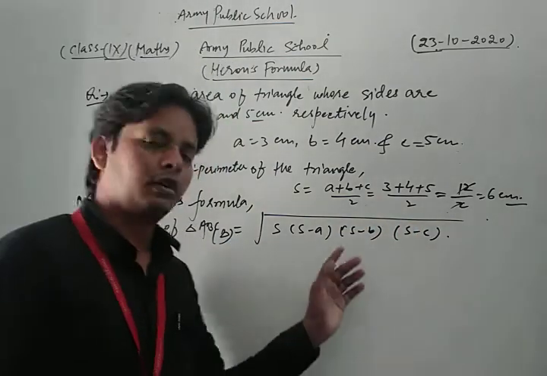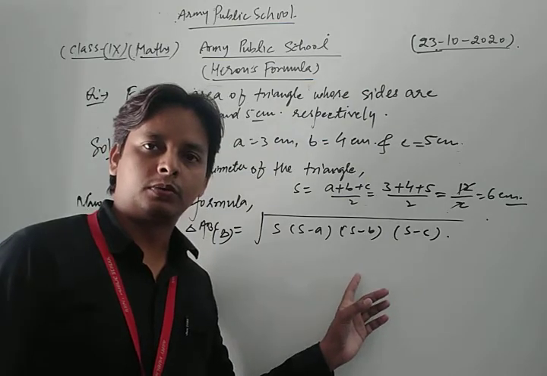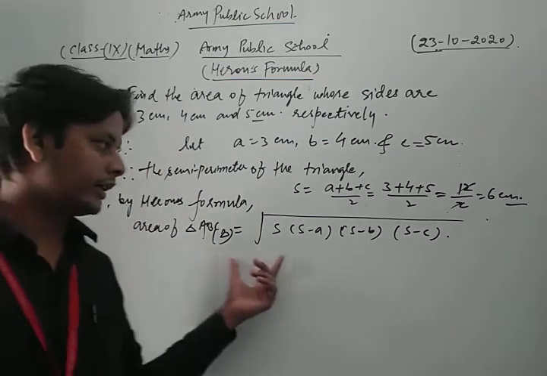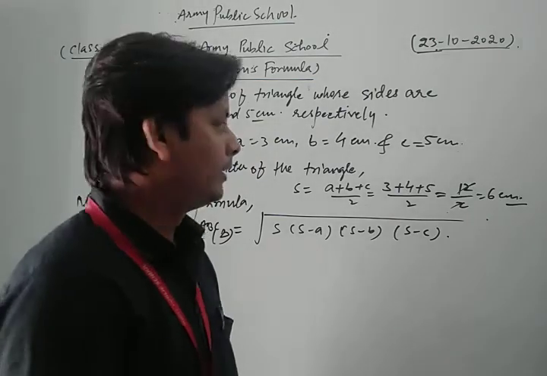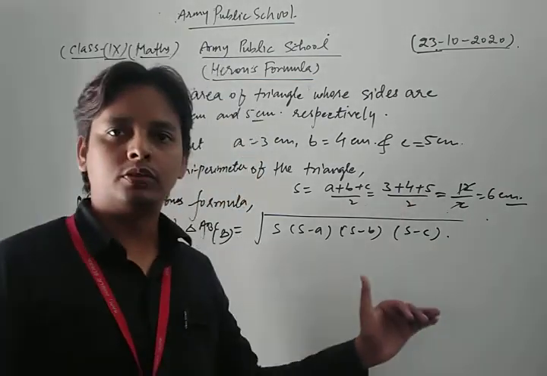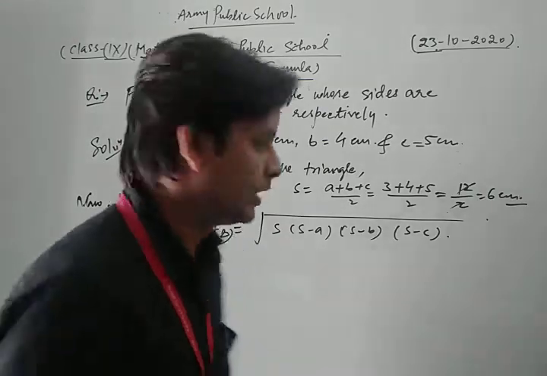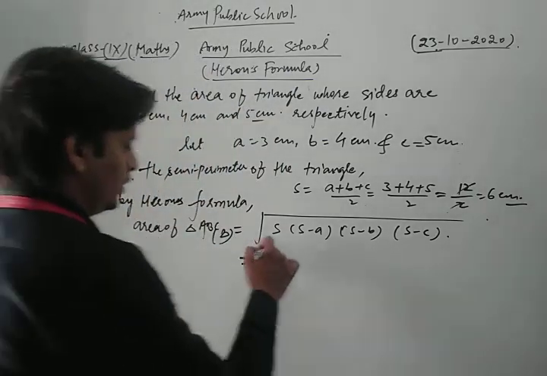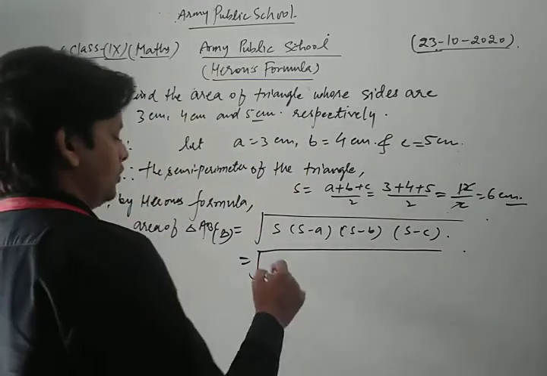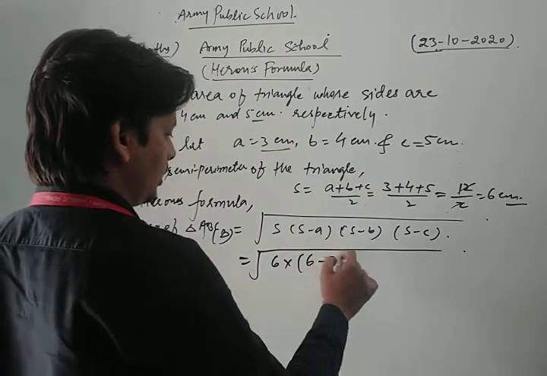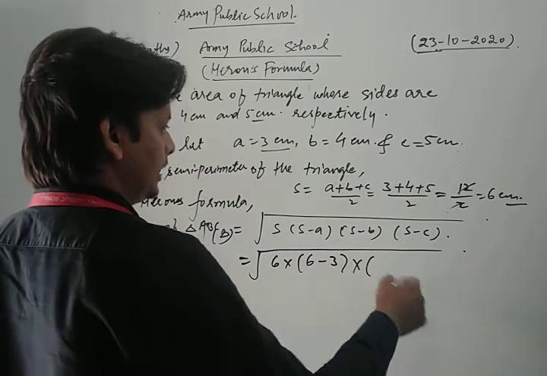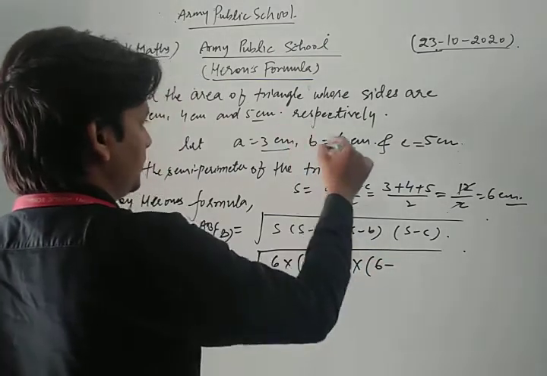Now, dear students, we put all the values in that formula and simplify. Thus we have the square root of 6 into 6 minus a, where the first side is 3, into S minus b, that is 6 minus b, which is